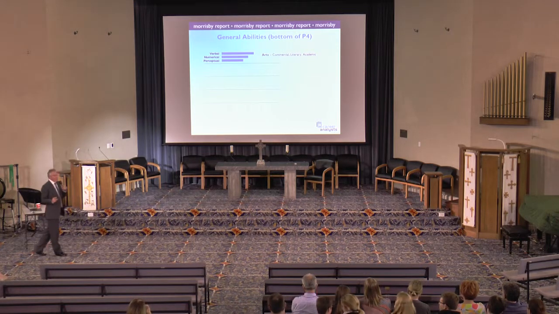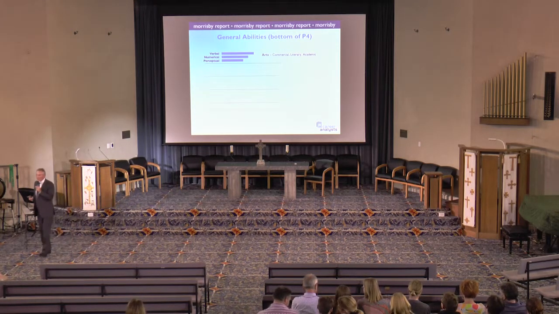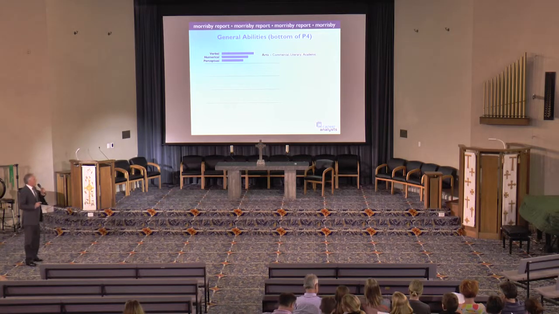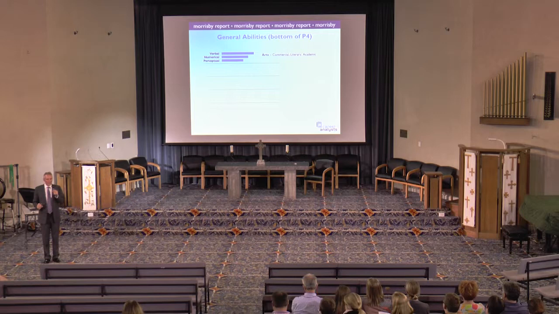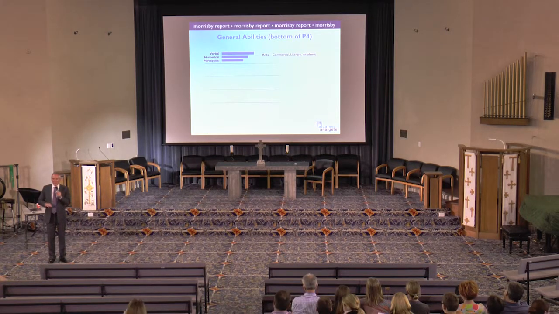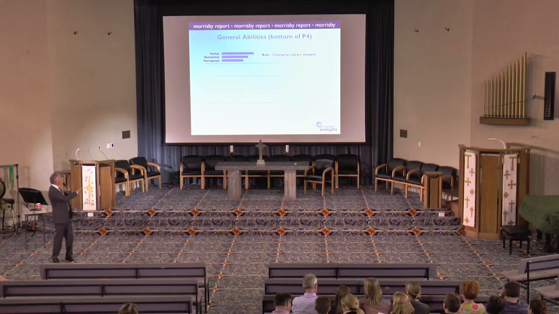All right, now bottom of page 4, I'm still on these 3 tests. Let's say you're looking at a profile like this with a strong verbal. I'd like you to think about this individual as a 3-legged stool. The longer, stronger leg is the verbal leg. So if you were to sit on that stool, you'd end up balancing on the verbal. So this person is likely to understand and explain the world using words. And they tend to gravitate towards careers where that's important.